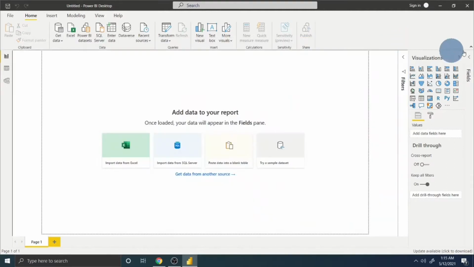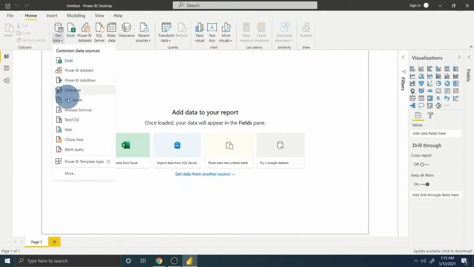Now initially we need to go and upload or load the data. Just click Get Data and you will see there are a lot of data options. You have Excel, Power BI dataset, SQL Server, and then we have web scraping. There are many ways you can upload your data. On top of it, you can use R and Python in this particular platform to integrate data coding and data visualization, which I will demonstrate in the next tutorial.